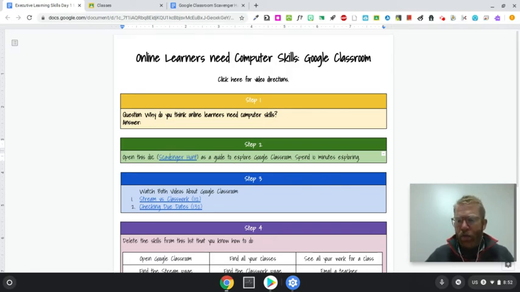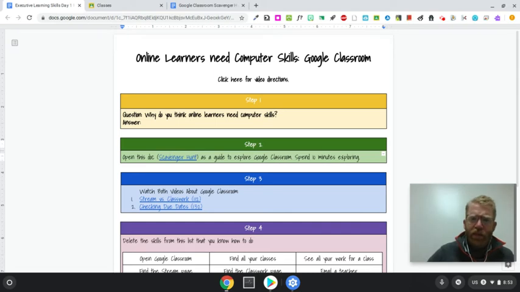So in Google Classroom, you might receive documents from your teacher. You might have communication with your teacher, receive feedback from your teacher. It's really going to be the central hub for online, hybrid, or distance learning. And so today, our experience is going to take less than 30 minutes. And I'm going to quickly walk you through the 4-step learning experience and give you some